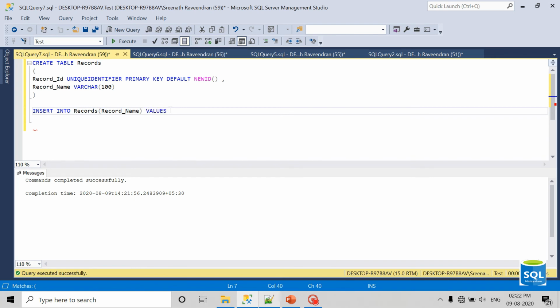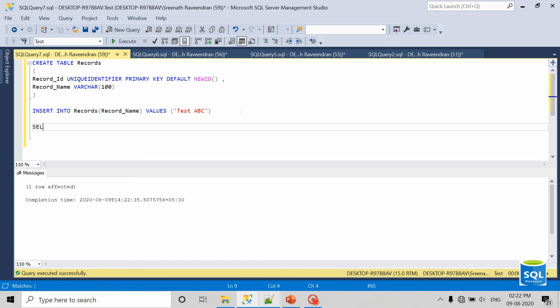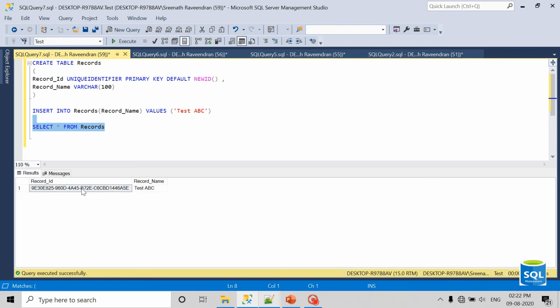Values, test ABC. Okay, I'm just inserting this value. It got inserted. Now let's see how these values are. Yeah, so that's the first record. It got inserted with a unique identifier, a GUID.